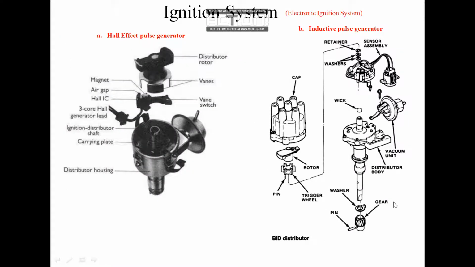Now we will see there are different types of distributors present on the basis of the effect of triggering. Okay, here the triggering takes place contactless. So this is a distributor which is present in the case of the Hall effect type of pulse generator. In this Hall effect pulse generator there is a distributor rotor, that needle I told you which is rotating. This needle has an edge here, and this edge is supposed to touch the lead which is coming into the distributor gap through these holes.